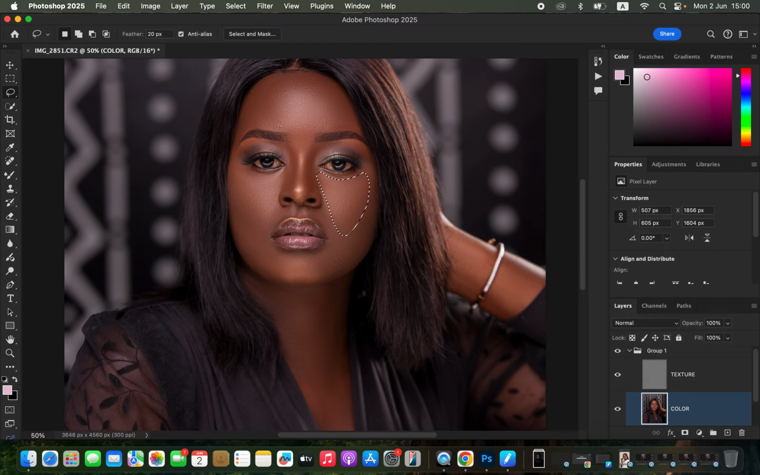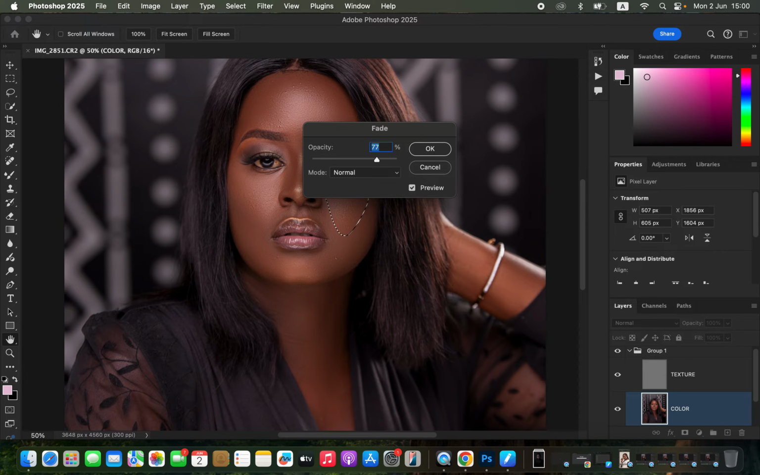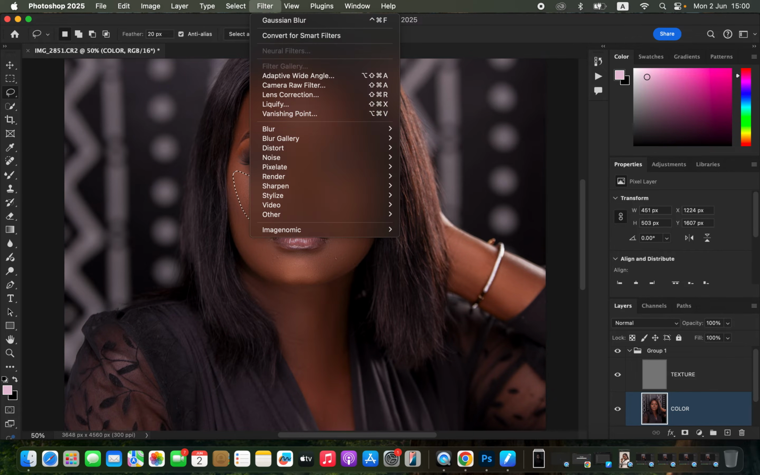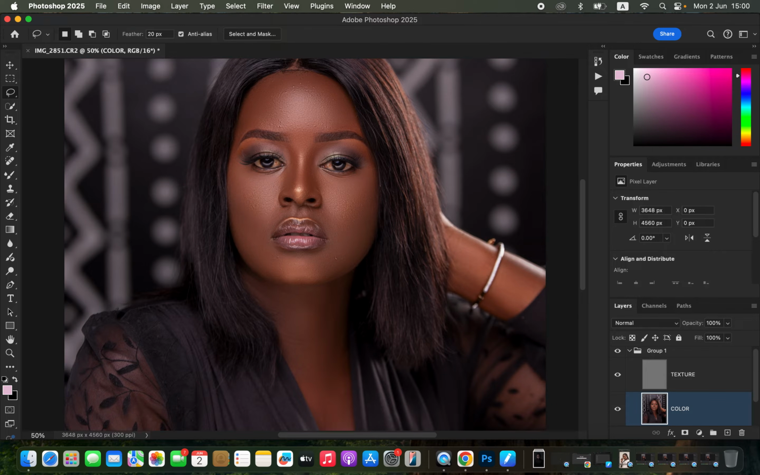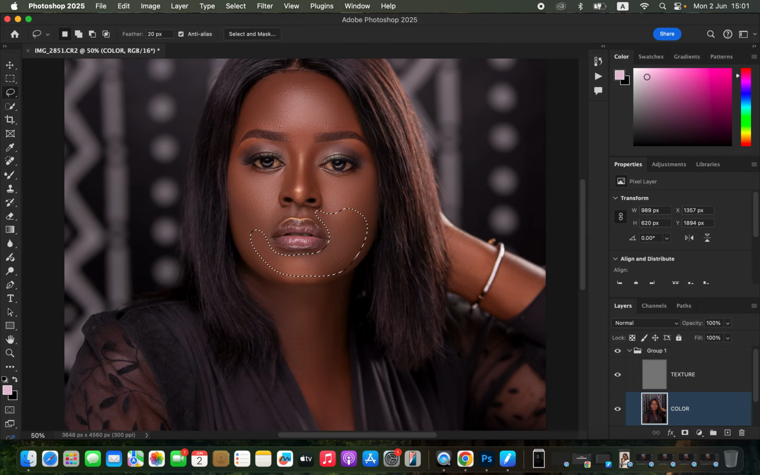In case the effect is too much, right click on the selection and come to fade Gaussian blur, and you can reduce the effect or the opacity of an effect in that given area. So that is how you can easily use this. I only use this for the face because it is only the face that usually has these prominent textures, and using this technique on other areas that have less textures is going to make them look very plastic